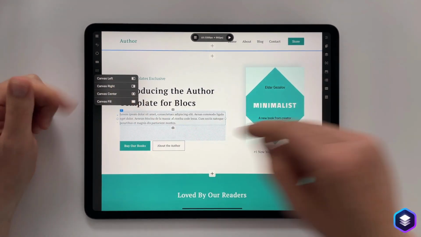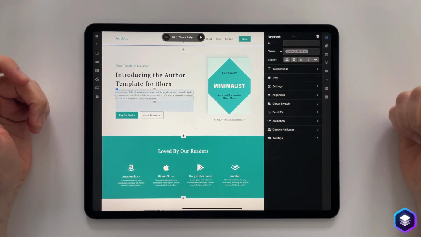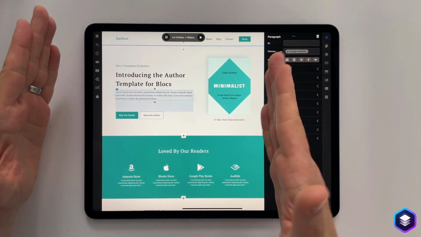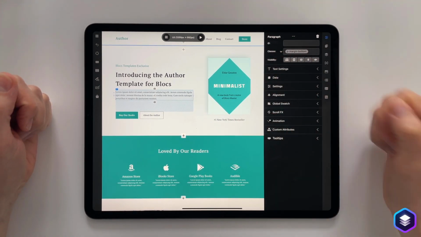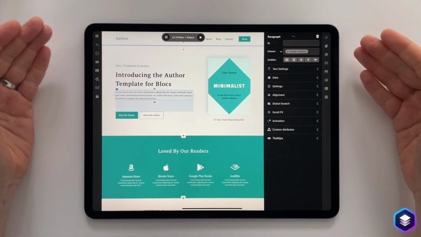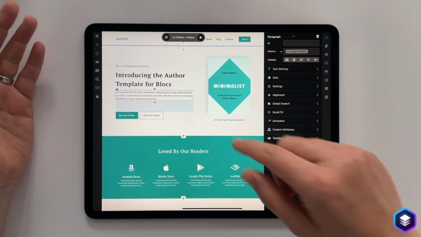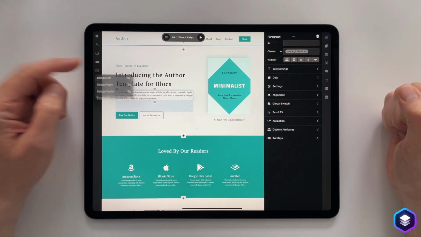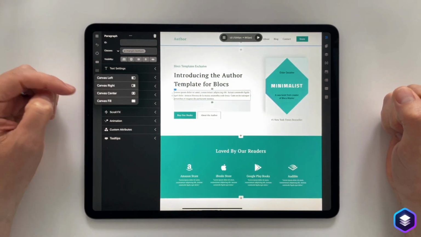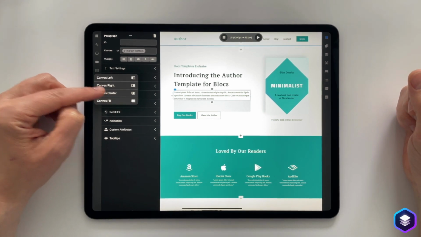Now, the first option, canvas left, will put the inspector on the right and the canvas on the left. It will zoom it so it fits perfectly on there. And it will even reposition the breakpoint control. So this is a neat, tidy workspace to now start building or editing our site. We can do the reverse of that with canvas right. And we can get something similar to what we have on the Mac with Canvas Center.